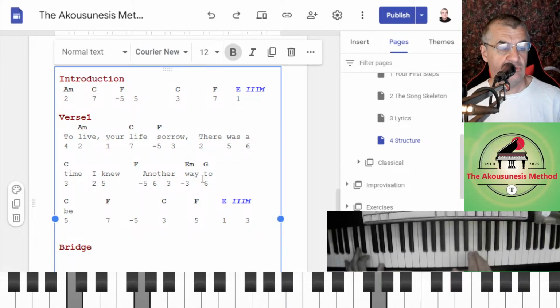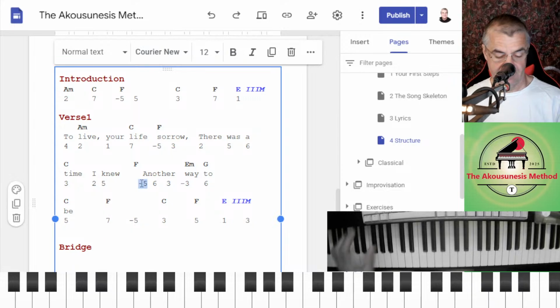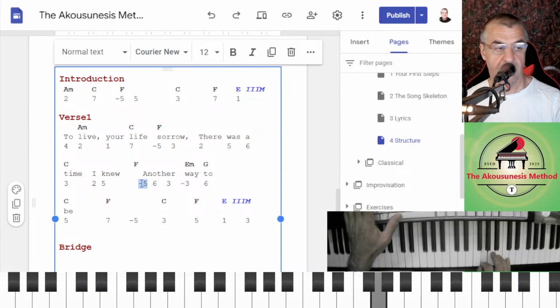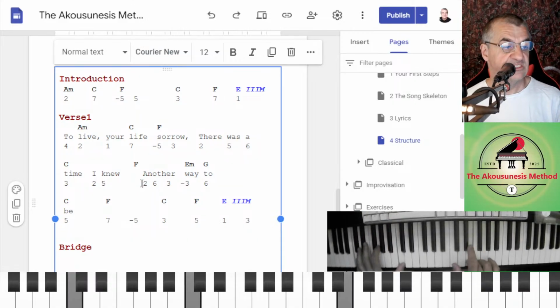Time I knew. So I might not be able to go up to there. So if I just do a 2. Time I knew, the time I knew.